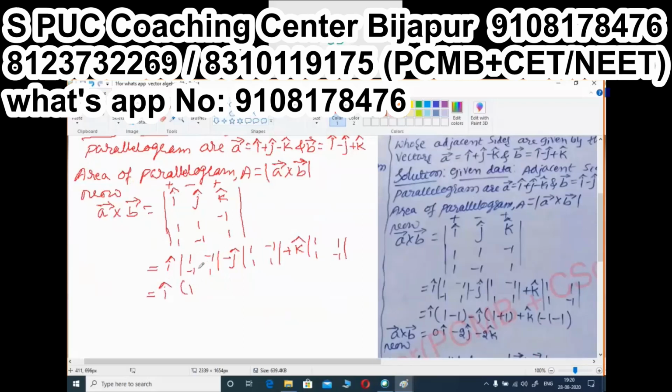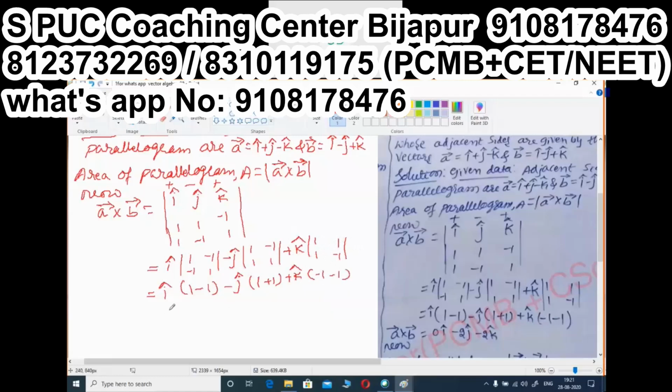That is i cap of 1 into 1, 1. So minus, minus, plus is going to happen. Always on this side you are going to take a minus. So that is now minus 1. Next, j cap of this into this, that is 1. Next, 1 into minus 1, minus 1. Anyway, you are taking on this side minus, minus, minus, plus 1. Next, plus k cap of 1 into minus 1, that is minus 1, minus 1. Next, minus 1, minus 1, 1 into 1, minus 1, 1. On this side you are taking a minus, that is minus 1.